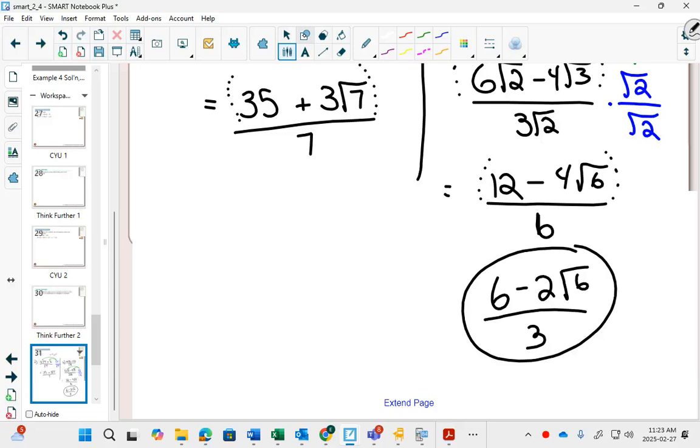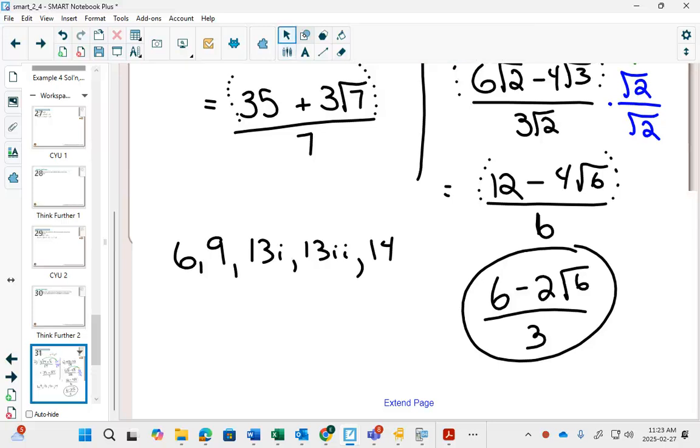All right. I'm going to give you some time to try these. So for 13, just do 13I and I right now. When we do the next one, we'll do the I. So you can circle all of 13, but only after example 4 will we